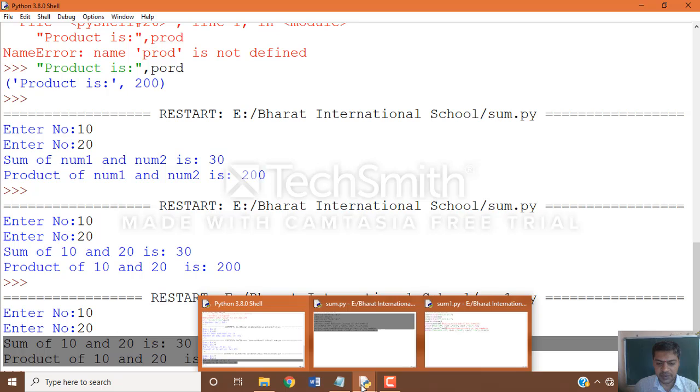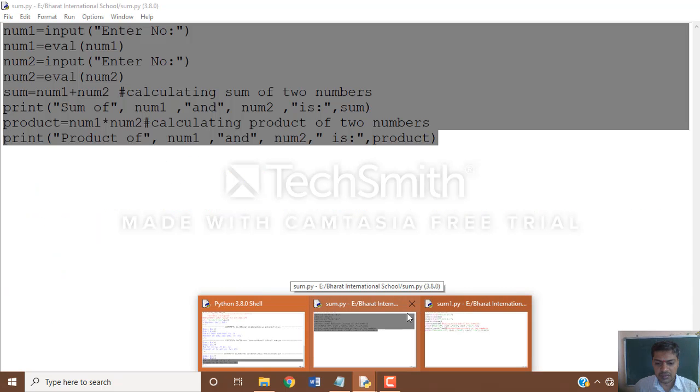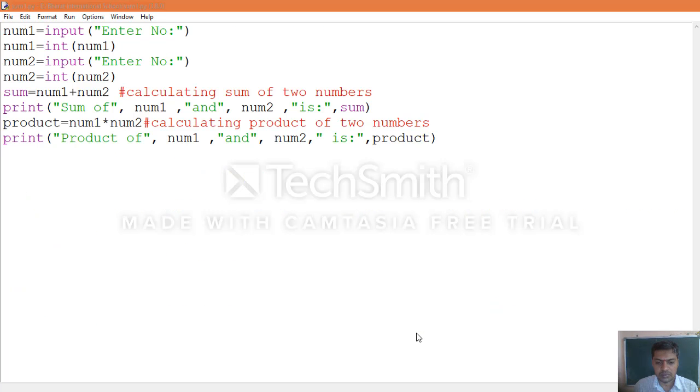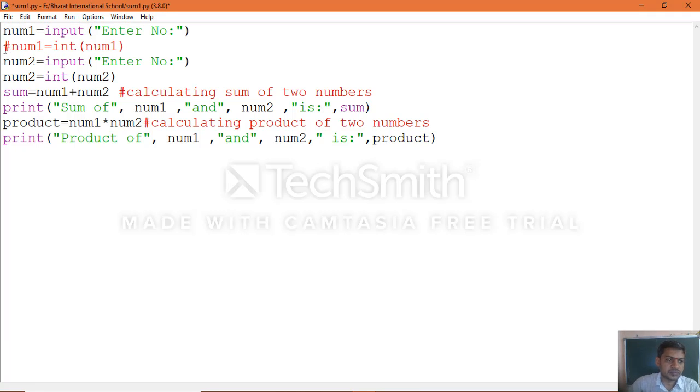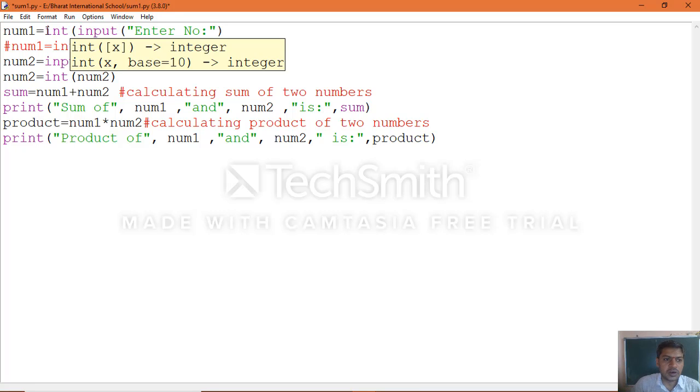The same thing can be rewritten again. That is, instead of two different statements, you can make it a single statement. I'll put this into comment here. Num1 equal to int of input of enter number, then close it.